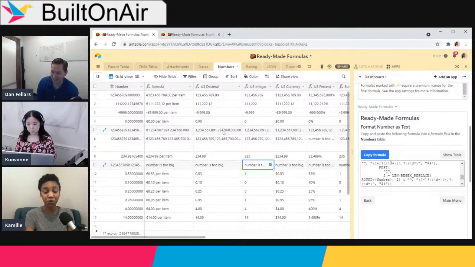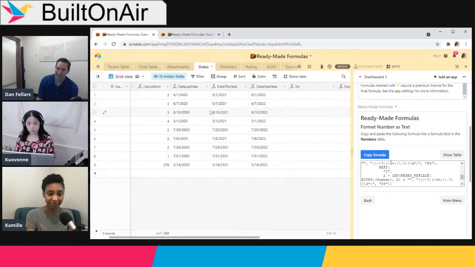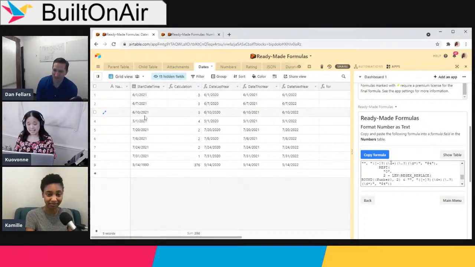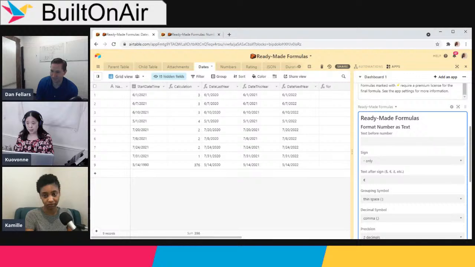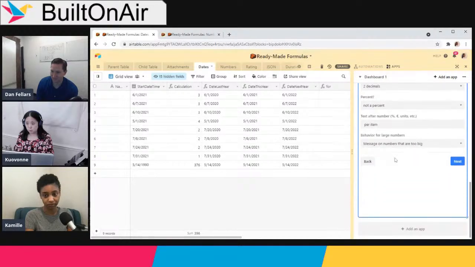And that is just one of the ready-made formula builders that come as part of this app. One of the other ones that I like particularly is dates. On formulas with dates, one thing about dates is it's always time zones. If you've ever gotten something particularly off on a time zone, like you have a formula and your time is off, well, that's usually because of the time zone. So one thing that I have here is